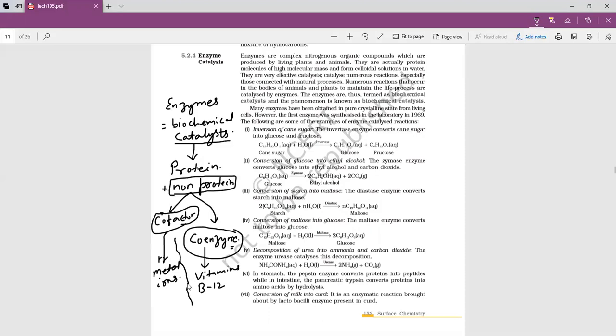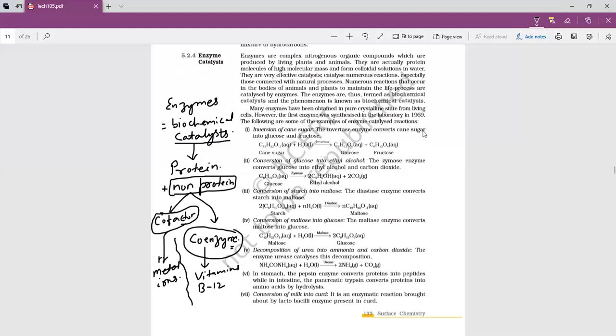When the enzymes work on a particular substrate, then its wear and tear takes place. This coenzyme and cofactor helps to repair that wear and tear and makes the enzyme efficient enough to work for another set of reactions. Now, based on the type of reaction the enzyme performs or helps to perform, its name is given. Like enzyme which helps to convert sugar to alcohol is called as invertase and zymase.